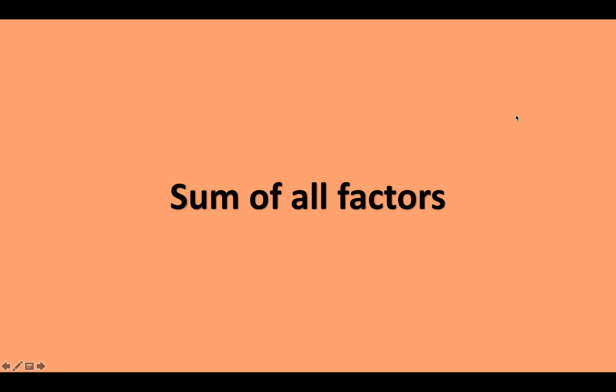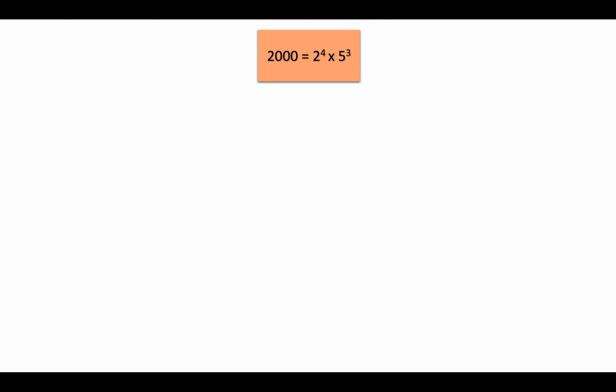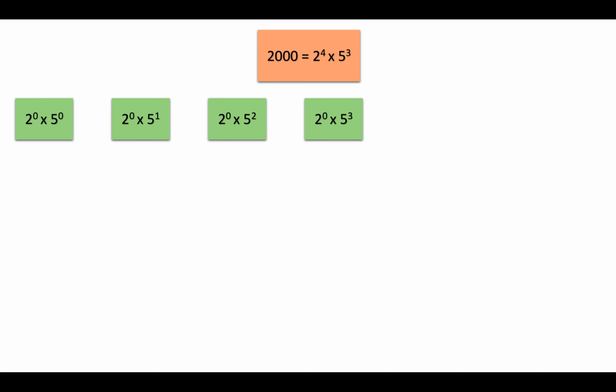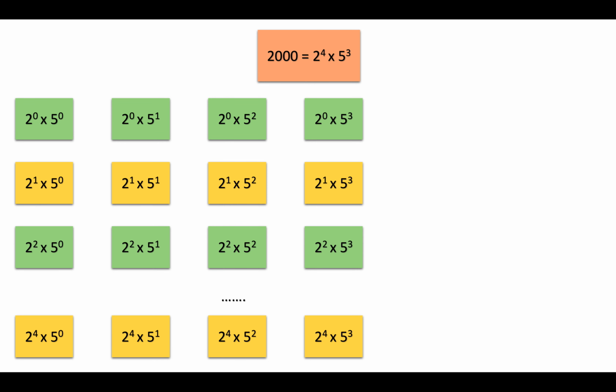Okay. So now let's move on to sum of all factors, right? Now we have considered how to find the number of factors of a given number or even go the reverse way. So let's see sum of all factors. Let's look at 2000 again. 2000 is 2 raised to power 4 multiplied by 5 raised to power 3. So again, looking at the factors table here, we have laid out all the factors in this manner, increasing powers. So earlier what we did is we counted the numbers in each row. Now we'll calculate the sum of numbers in each row.